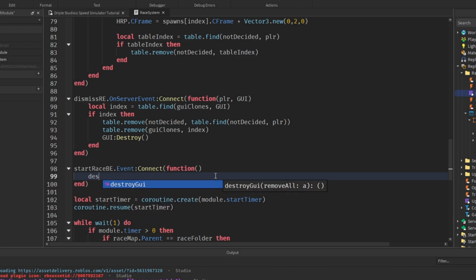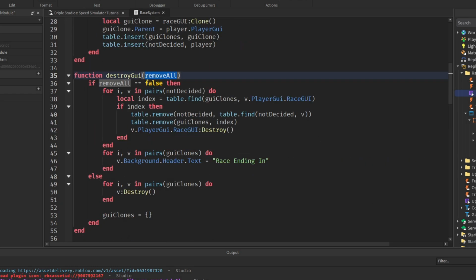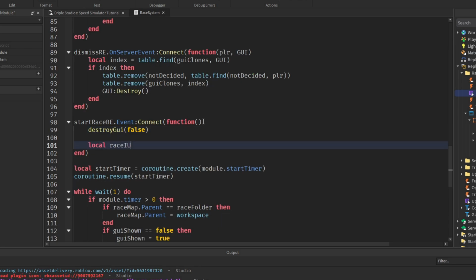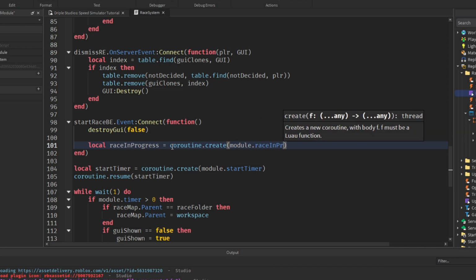So how do we do that? Well, we know it's going to be our destroy GUI. And if we don't want to remove it from every player, but just the players that didn't join the race, didn't decide, we're going to pass in false. Because if we look back, remove all, if it's false, we're just going to remove it from the players that haven't decided. After that, we can say local raceInProgress equals coroutine.create(module.raceInProgress